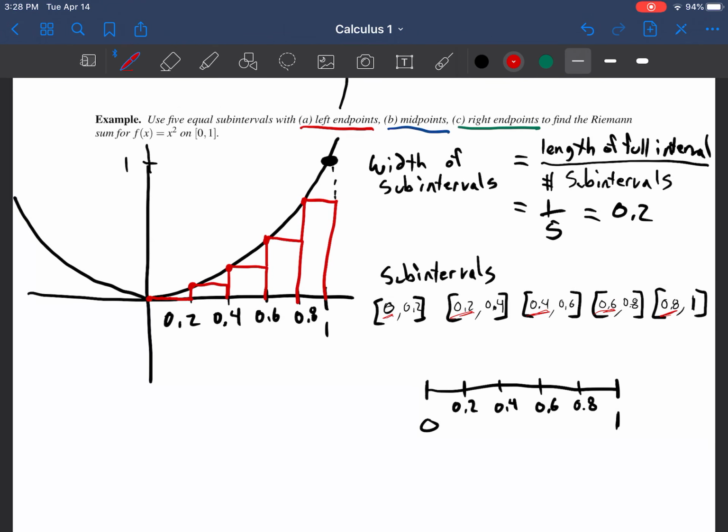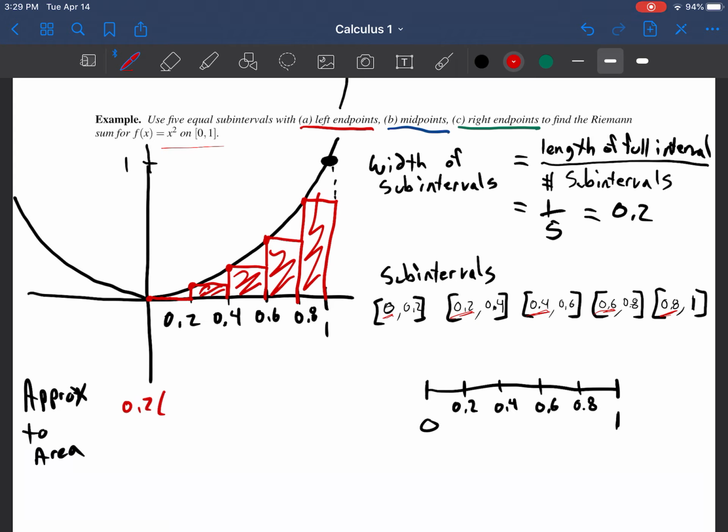It says use these subintervals to find the Riemann sum for x squared on the interval from 0 to 1. So that really means that we're looking for an approximation to the area. In this case, it's going to be looking at the areas here, here, here, and here, right? Notice the width of all of these subintervals is 0.2, right? That was the width we got. So it's going to be 0.2